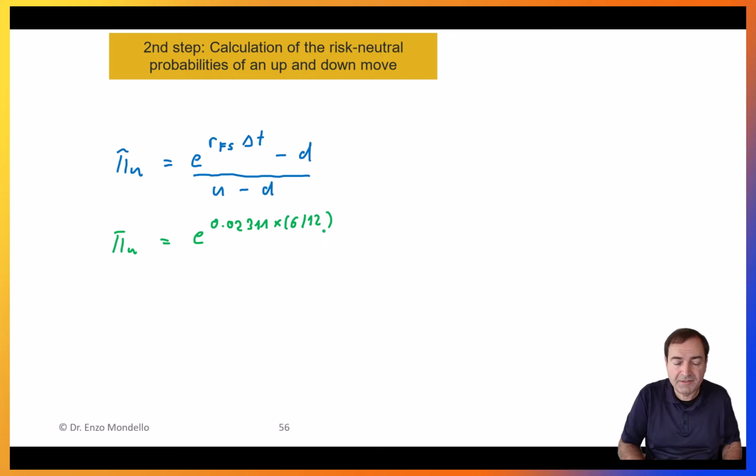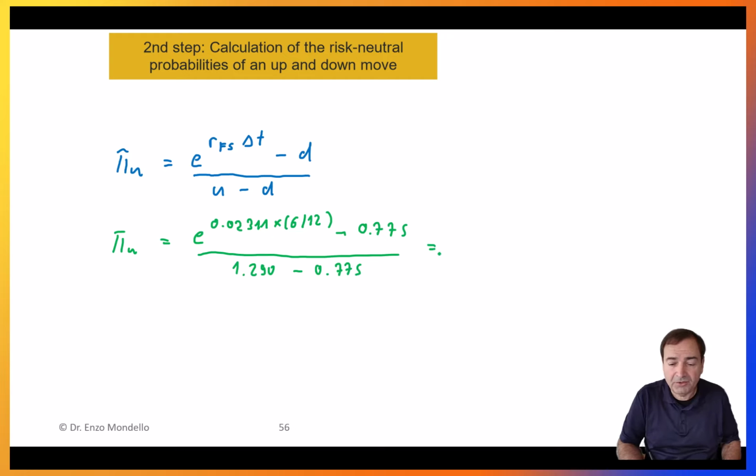The time expressed in years, so 0.5 years, minus the down factor, which is minus 0.775, divided by the up factor of 1.29 minus the down factor of 0.775. If you're entering the figures in your calculator, you should get a risk-neutral probability of an up move of